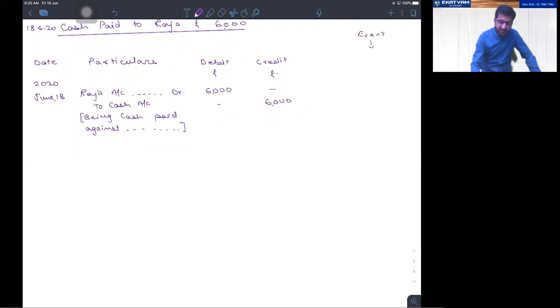This event gets converted into a transaction. The transaction is either recorded in the subsidiary book or journal. In fact, subsidiary book is nothing but the journal only, but those are the specific nature of journals. From the subsidiary book or journal,